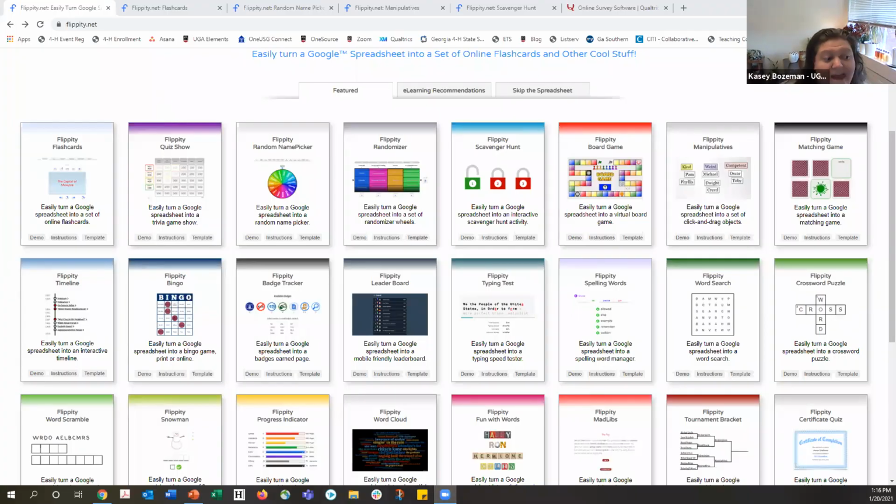All right, so I think everybody should be seeing the Flippity screen. If not, someone shout out or put in the chat box and let me know. But this is what Flippity looks like. So it's